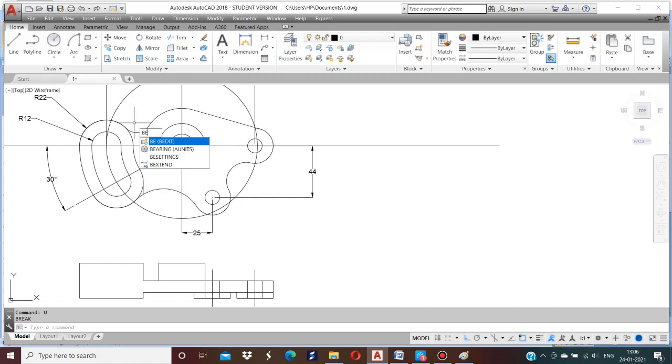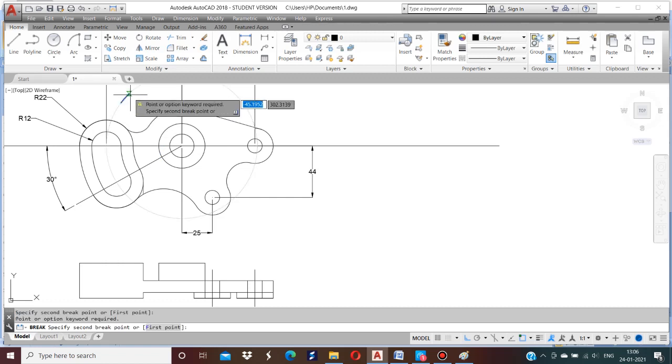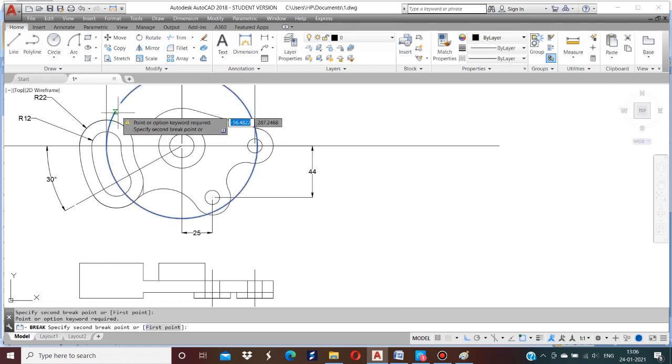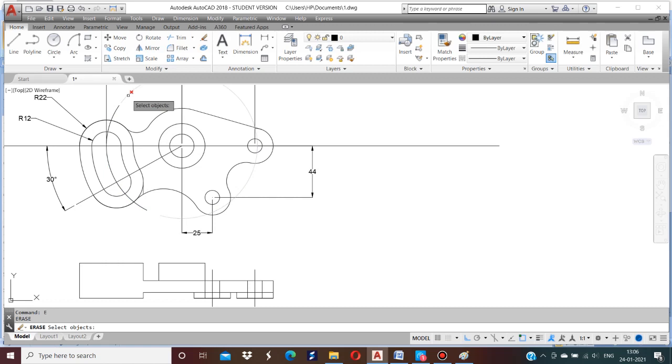Using break command, select object. Now here break command, select object. Now erase this circle.